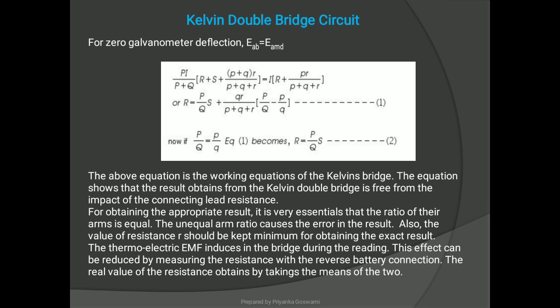This is the usual working equation for the Kelvin bridge method. It indicates that the resistance of the yoke has no effect on the measurement, provided that the two sets of ratio arms have equal resistance ratios. The Kelvin bridge is used for measuring very low resistances.